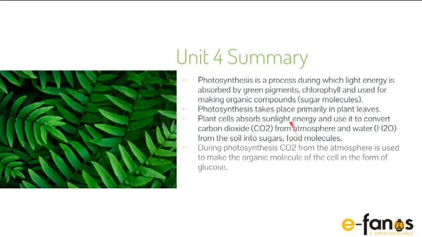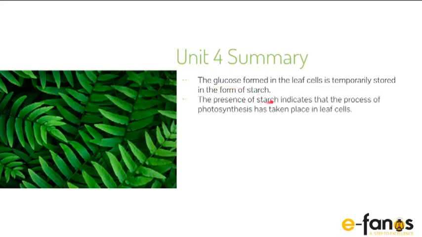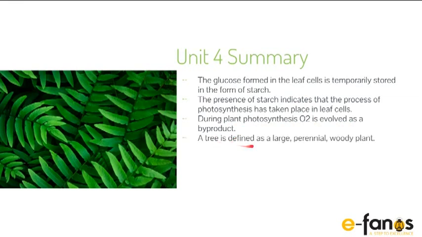During photosynthesis, the carbon dioxide from the atmosphere is used to make the organic molecule of the cell in the form of glucose, which is what we consider sugar. The glucose formed in the leaf cells is temporarily stored in the form of starch, and the presence of starch indicates that the process of photosynthesis has taken place in leaf cells. During plant photosynthesis, oxygen is evolved as a byproduct. A tree is defined as a large, perennial woody